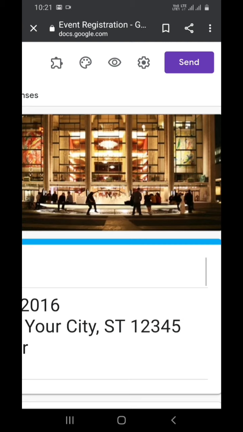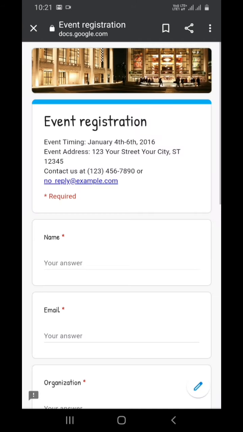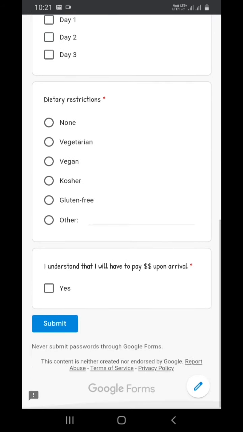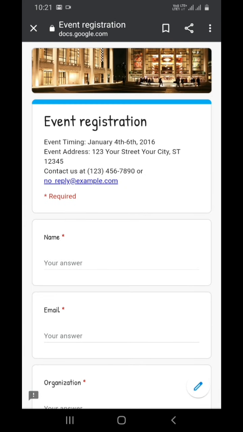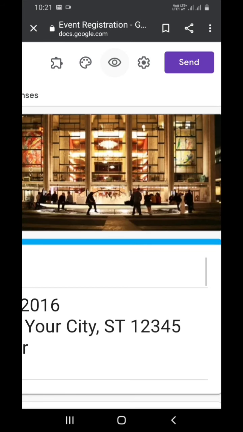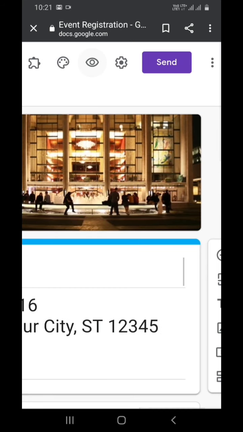So this is about the color and theme changes. Coming to the next one, here you can see the preview button. Before sending the form, you can preview how it looks. Also you can change the things which are necessary. So you can go back. The next thing is the settings option.